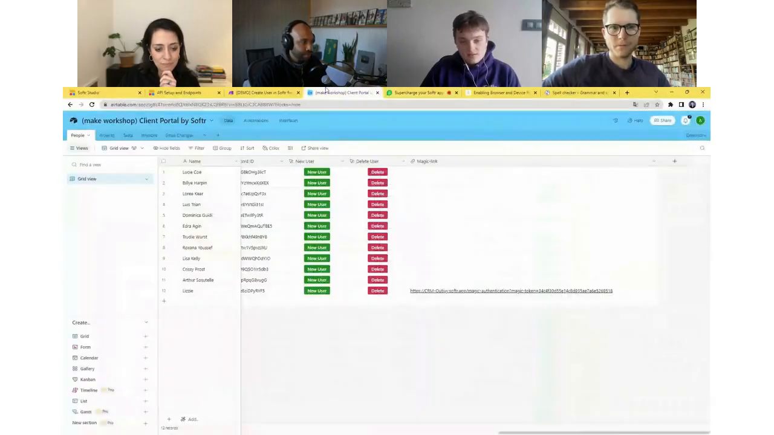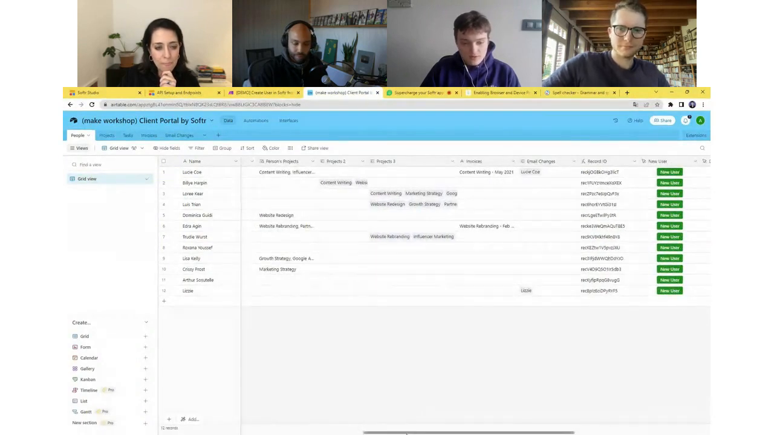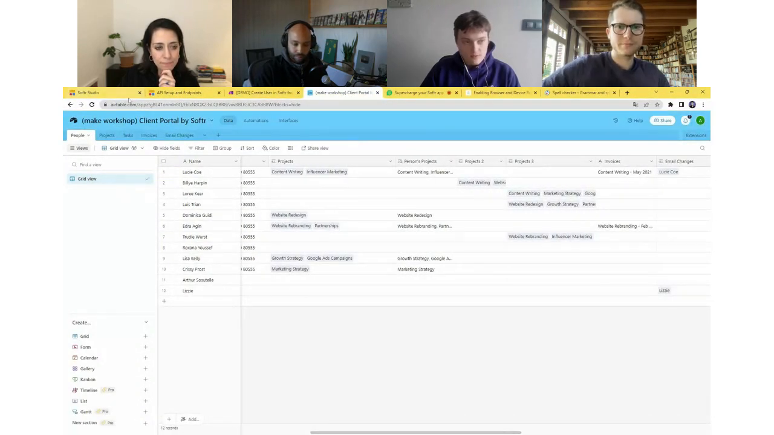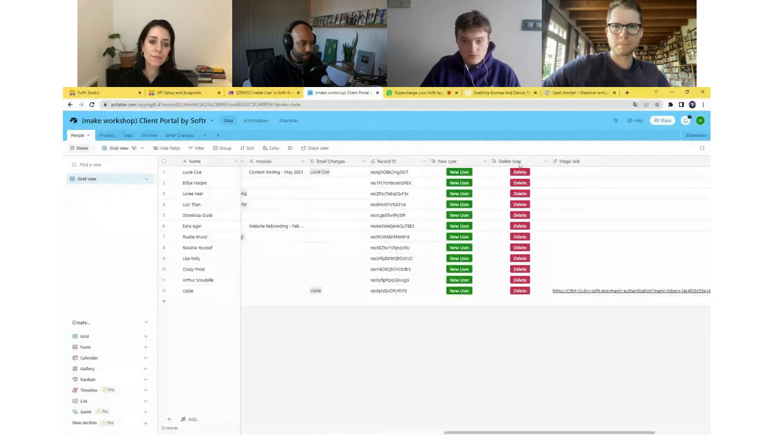Okay, so here's a case. I'm not going to show you the Softr part first. I'm going to show you the base behind the application. So to put more context on my case, I wanted to have my Airtable user be able to create a user in Softr